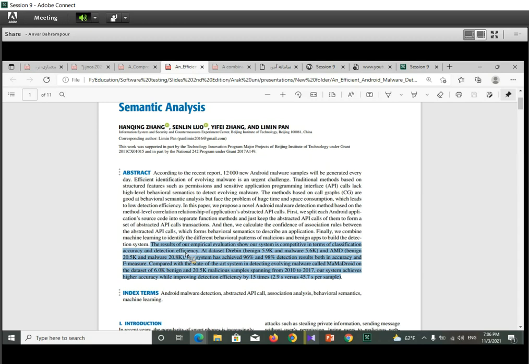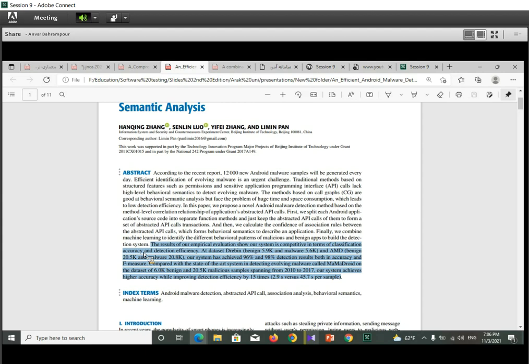So this method is actually evaluated in this experiment according to two metrics. The first one is the accuracy of malware detection.